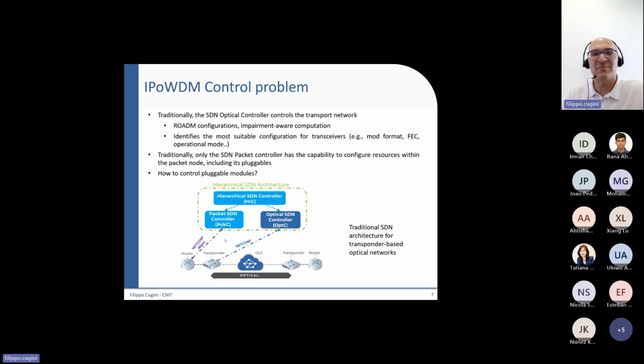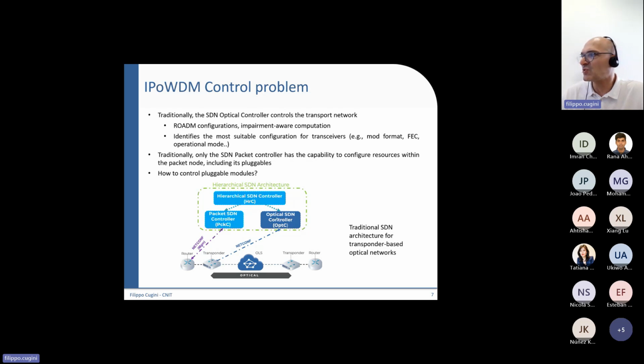However, there are some challenges that need to be faced. One of them is the control of this unified device. Traditionally, we had separation of a router and, separately, the transponder with the optical connectivity. So basically, in the traditional approach we had an optical controller in charge of controlling the transmission system in the transponder, all the optical switching with the ROADMs, up to the other side of the network where there was another transponder.